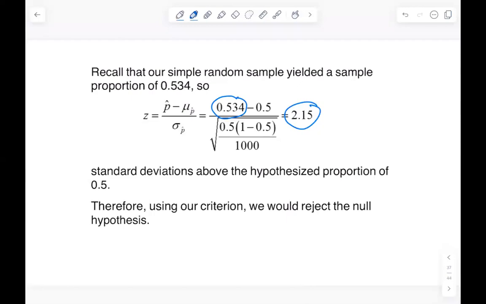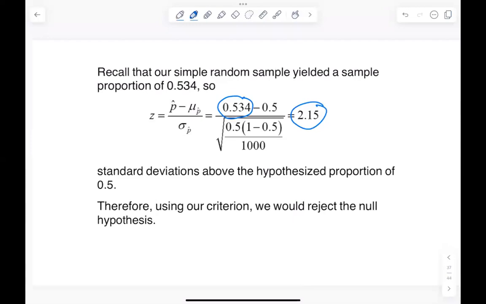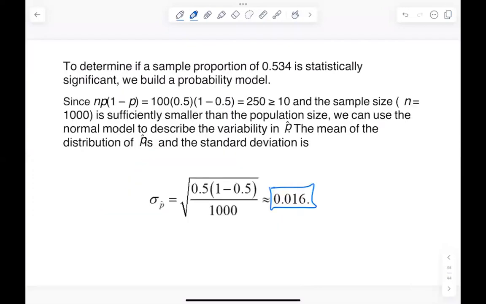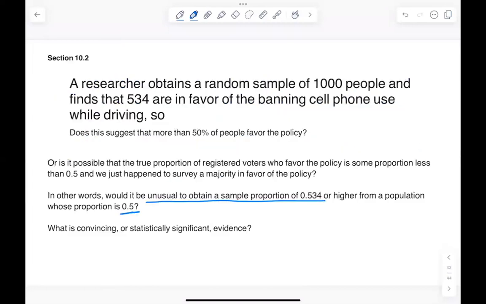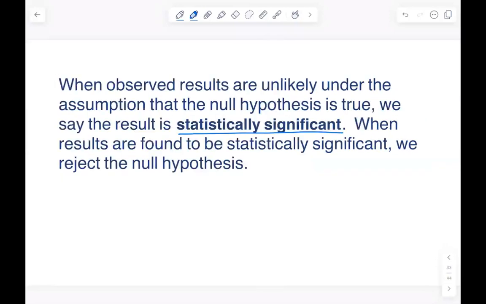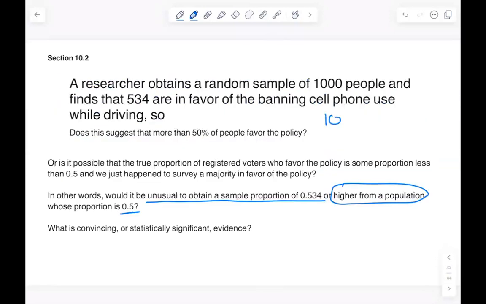Would that be for both ways? Well, since I didn't say it was greater or smaller, this is probably, hold on, I've got to go back. We have no hypothesis here, and I just went too far. We haven't actually made a hypothesis. Oh, it does say, would it be unusual or higher? So this is a right-tailed test. If I was going to write a null hypothesis and an alternative, I would say